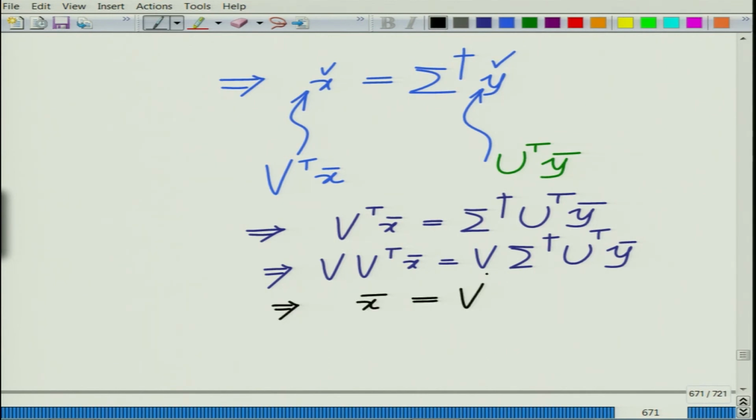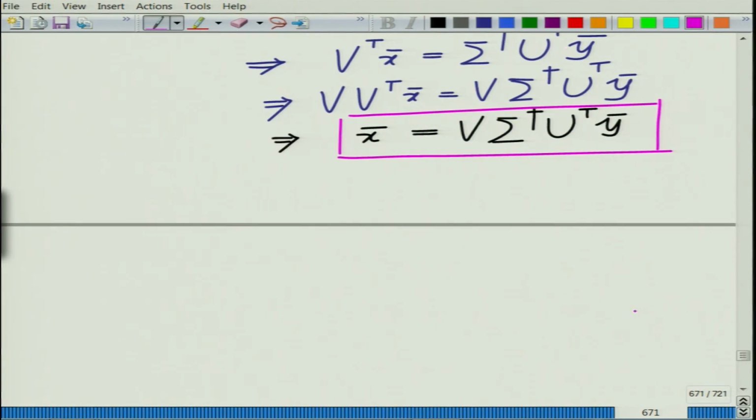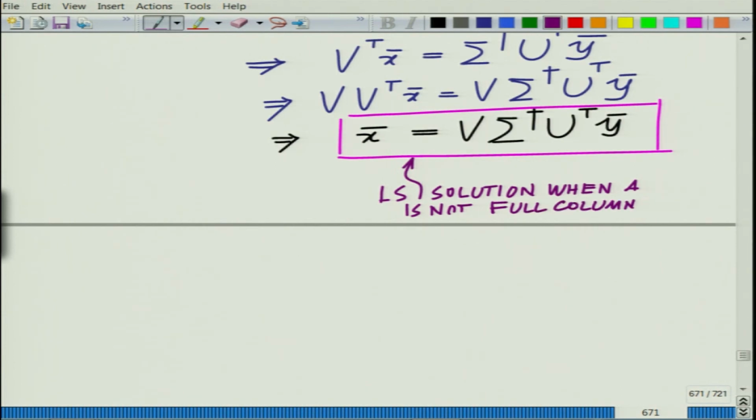So, x bar equal to V sigma dagger U transpose y bar, or this is essentially the least squares solution. So, very simple, this is the least square, LS solution when A is not full column rank. And this you can also say is the solution even when A is full column rank, because when A